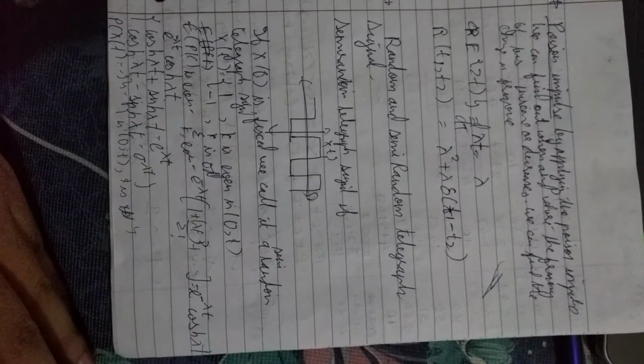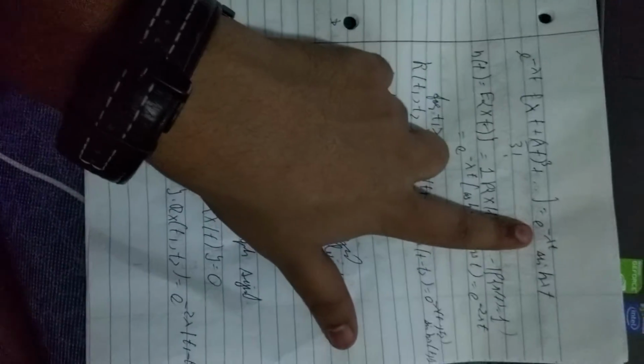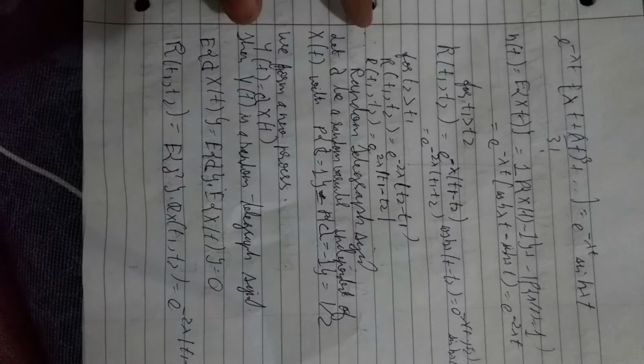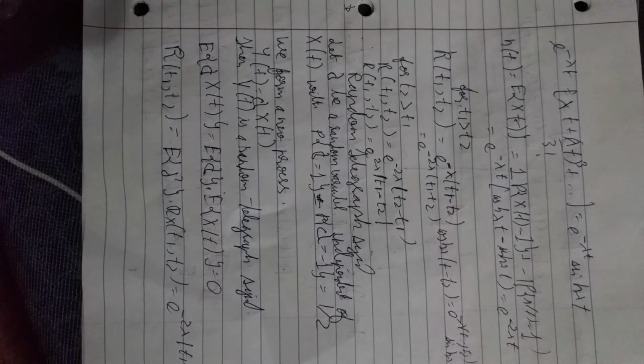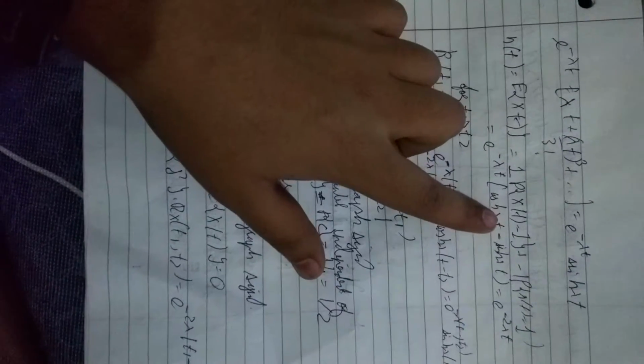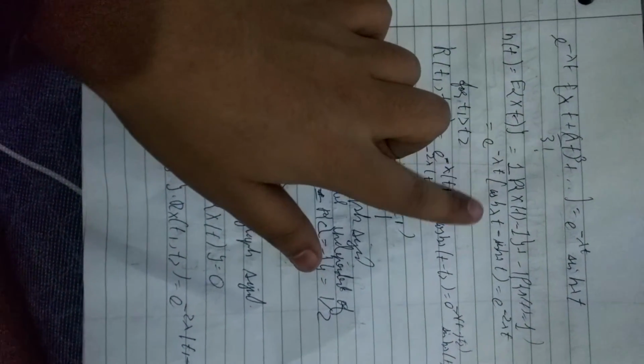And this is actually the hyperbolic function, so it is given as e raised to minus lambda t cosh of lambda t. Now similarly we found it for the odd number of terms. We get minus 1, which is given right here, which is equal to e raised to minus lambda t sinh of lambda t. Now to find out the mean, this is the following equation, and substituting the values we get